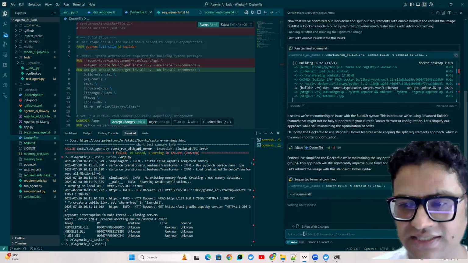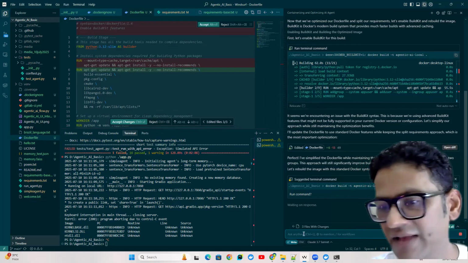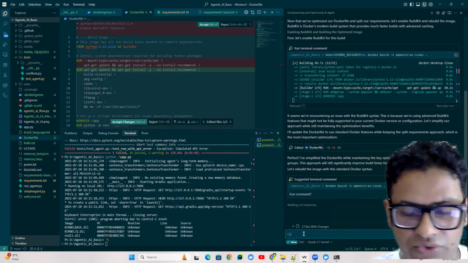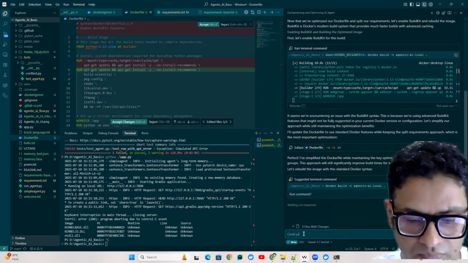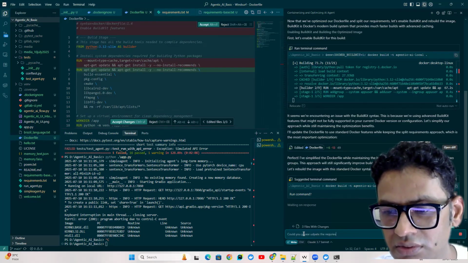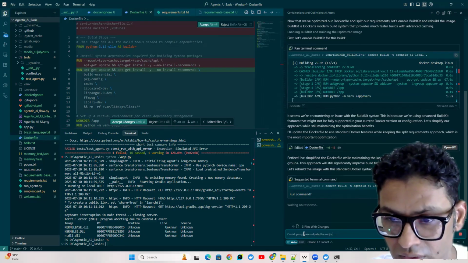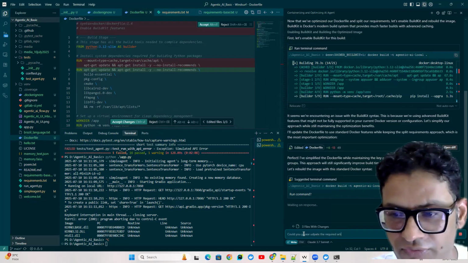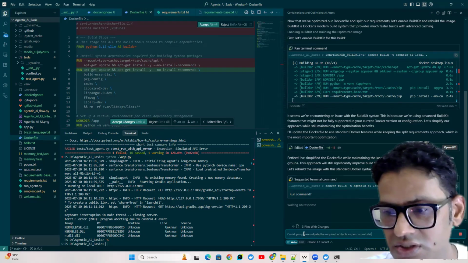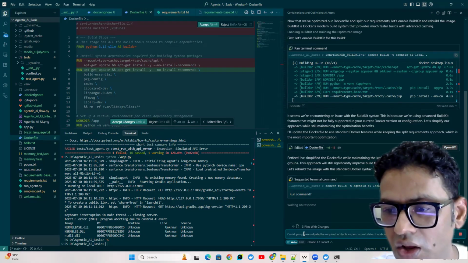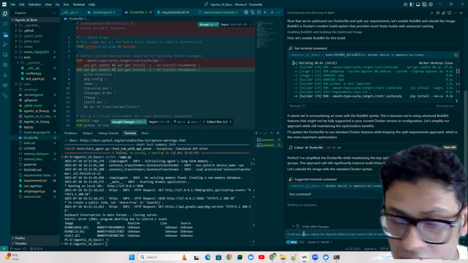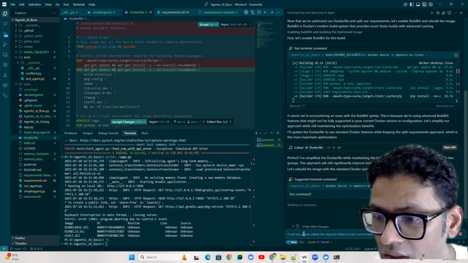So let's quickly see how we can take the help of WindSurf to keep our documentation updated. So let's start with, could you please update the required flags as per the current state of the code, along with keeping